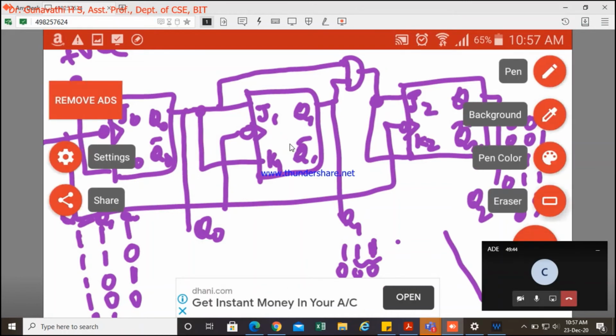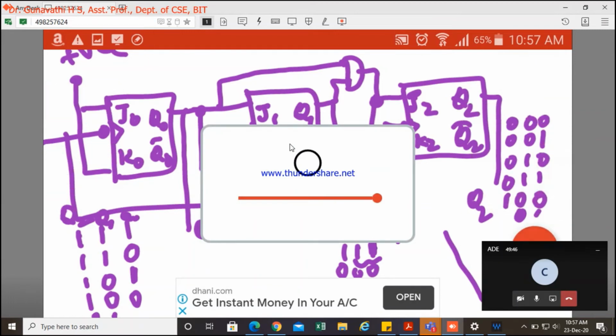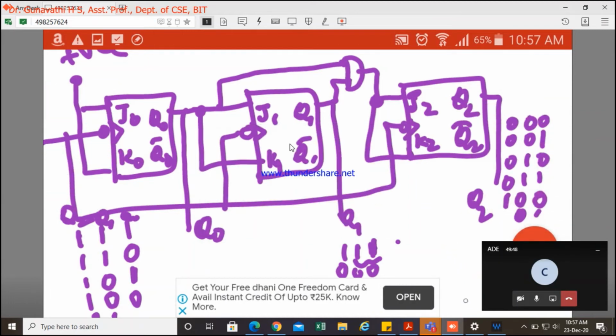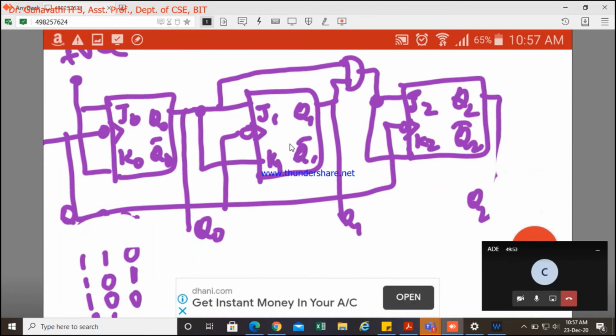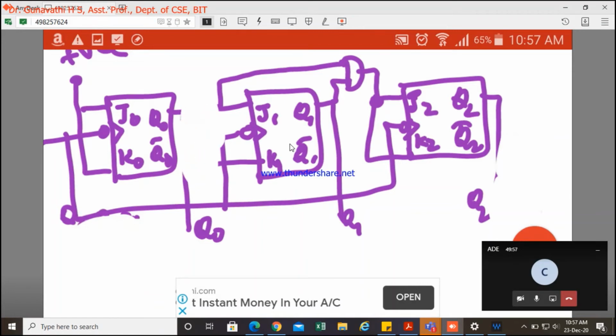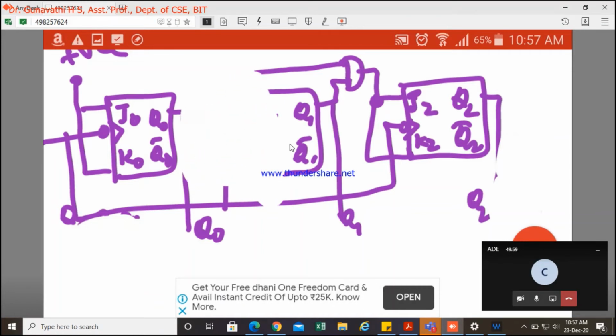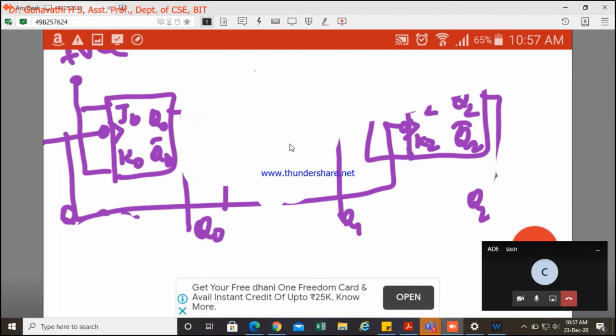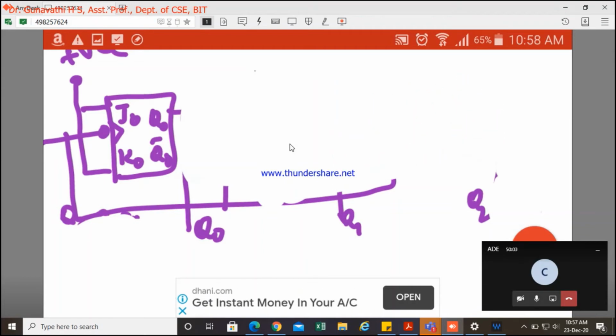I'll just erase this. I think it would be tough to write all 3 stages. I'll try to write it.